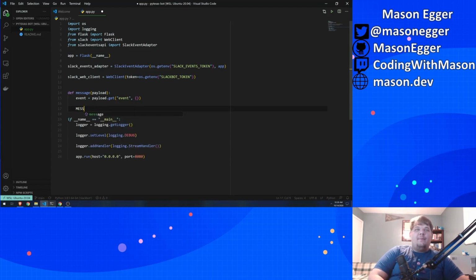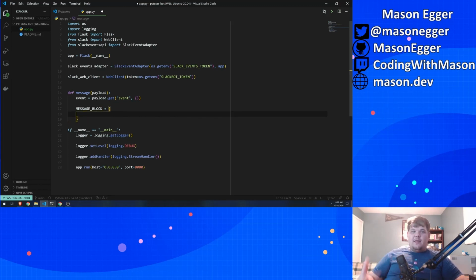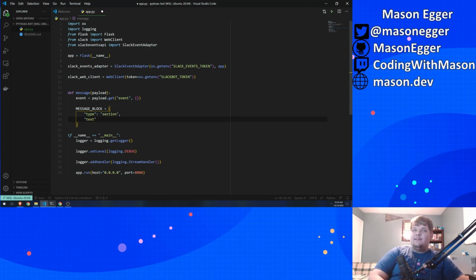And let's go ahead and set up our message block. Slack has a very particular format for sending messages, in a structured JSON format that we can use basically by doing some dictionaries. So you send these messages via blocks. We're going to create a very simple message block that we can use to send our current message. We need to specify what type of block this is, and this is a section block. And then we need to specify the text. Here we have another dictionary where we specify the type, which we're going to say is markdown,